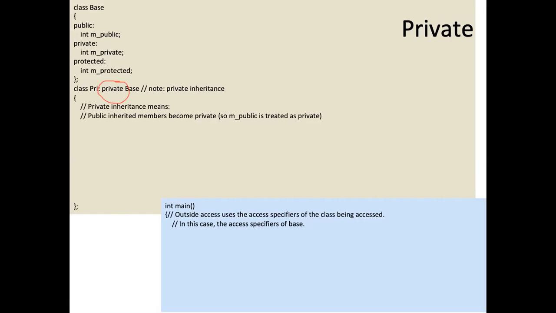So जो भी member आप इनहेरिट कर रहे हैं फ्रॉम द बेस क्लास, अगर वो पब्लिक है तो डिराइव्ड क्लास के अंदर इट विल बिहेव एज अ प्राइवेट मेंबर, तो पब्लिक चेंजेस टू प्राइवेट इन योर डिराइव्ड क्लास। सेकेंडली, जो प्रोटेक्टेड मेंबर है दे आल्सो बिकम प्राइवेट, राइट। एंड थर्डली, प्राइवेट मेंबर रिमेन इनएक्सेसिबल, तो प्राइवेट जो पहले प्राइवेट था वो बाद में भी प्राइवेट है, इट वुड रिमेन इनएक्सेसिबल, तो डिराइव्ड क्लास से आप प्राइवेट मेंबर को एक्सेस नहीं कर सकेंगे और मेन प्रोग्राम से भी एक्सेस नहीं कर सकेंगे। तो हो क्या रहा है, अगर आप प्राइवेट इनहेरिटेंस करते हैं तो पब्लिक मेंबर्स एंड प्रोटेक्टेड मेंबर्स चेंज टू प्राइवेट, सो एवरीथिंग बिकम्स प्राइवेट,